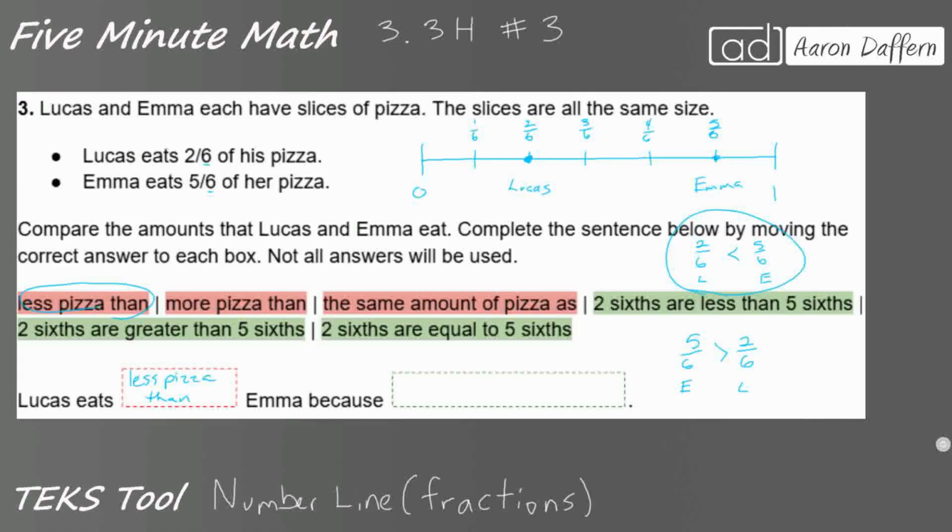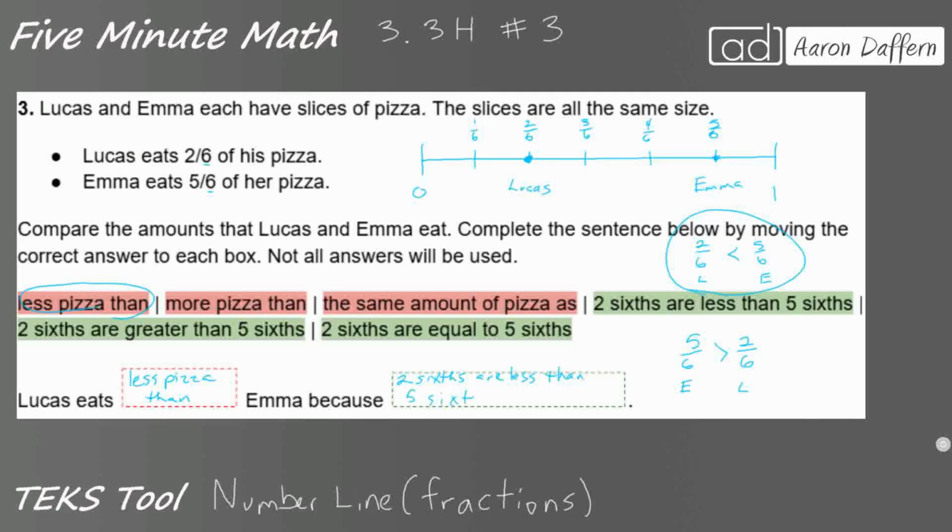All right, so when we're comparing fractions, it's a little bit more challenging when they have the same numerator and the same denominator. But in this case, when they have the same denominator, it's pretty easy. 2/6 are less than 5/6, just like 2 cars are less than 5 cars, and 2 rocks are less than 5 rocks. 6 are simply the unit. So we will say 2/6 are less than